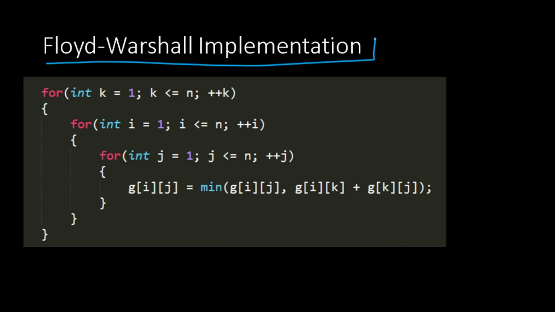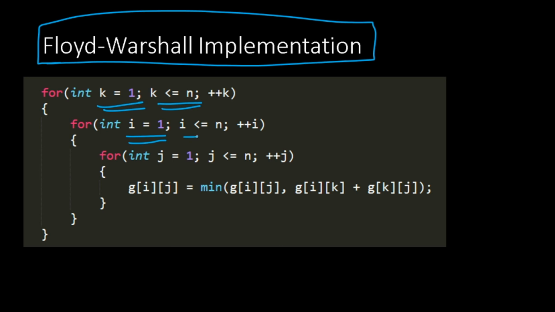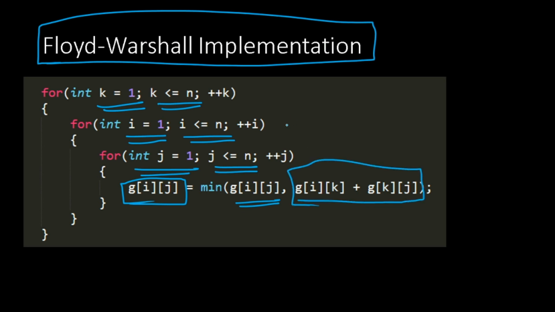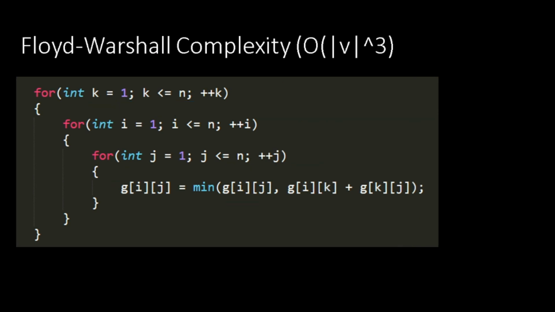Okay, Floyd-Warshall implementation. Very trivial and simple implementation. We will select all k's from 1 to n. Then we'll select all source nodes from 1 to n. Then we'll select all destination nodes from 1 to n. And then we will simply perform this operation. Is it better to go the direct route, or is it better to take the indirect route? This is what Floyd-Warshall does. So n, second loop also n, third loop also n, order of n cube. Okay, so let's go ahead and make the submission and get our all correct.